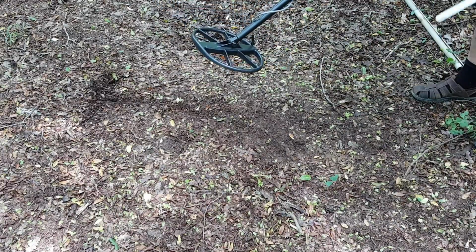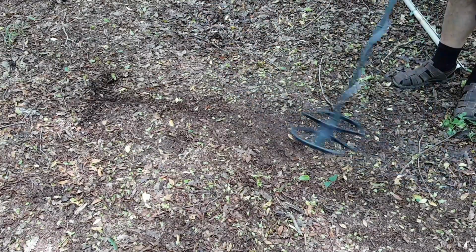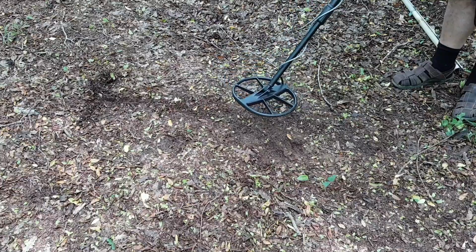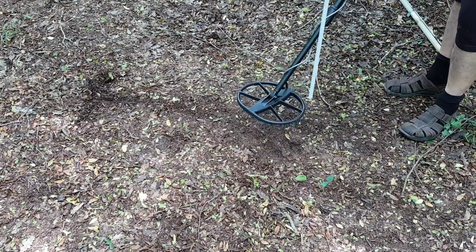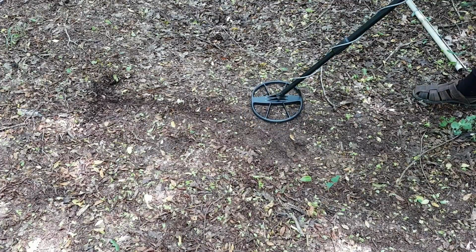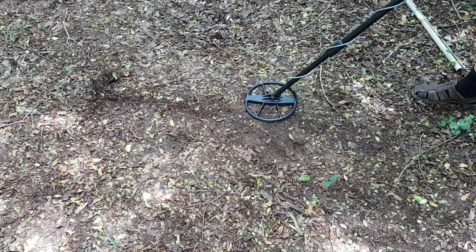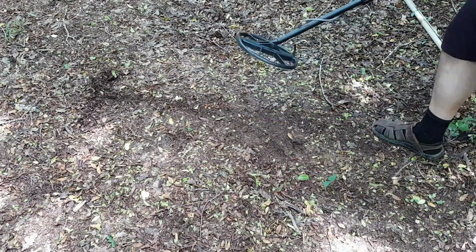Let's see how far above the soil surface now. So the same signal that I received at 40 centimeters in air is now detectable approximately 15 centimeters above the soil surface. So 15 centimeters plus 30 centimeters makes 45, which evidently shows the MP has better signal detection when the coin is in the soil rather than when it's in air. I'm going to take the Minelab Equinox 800 and